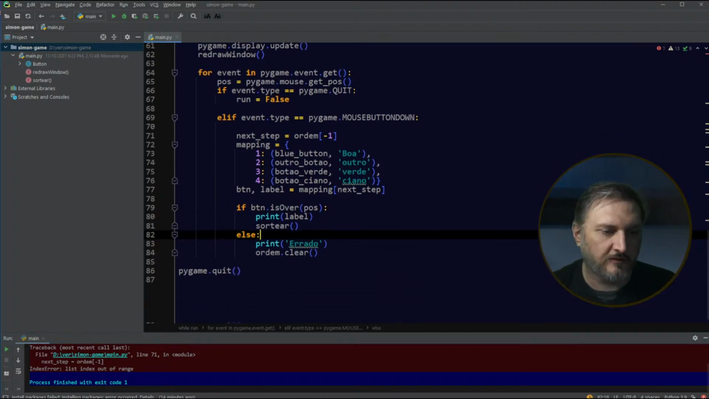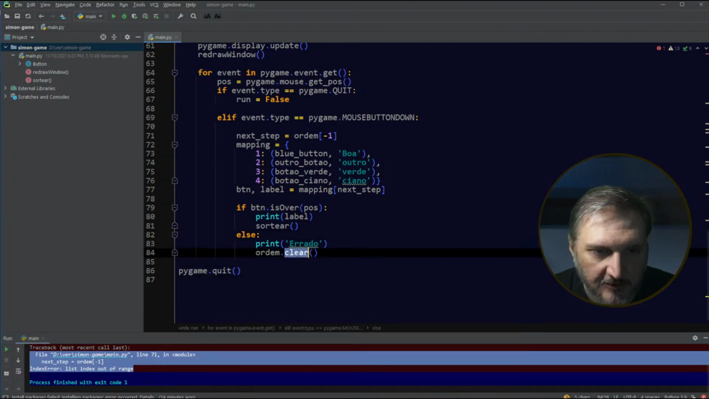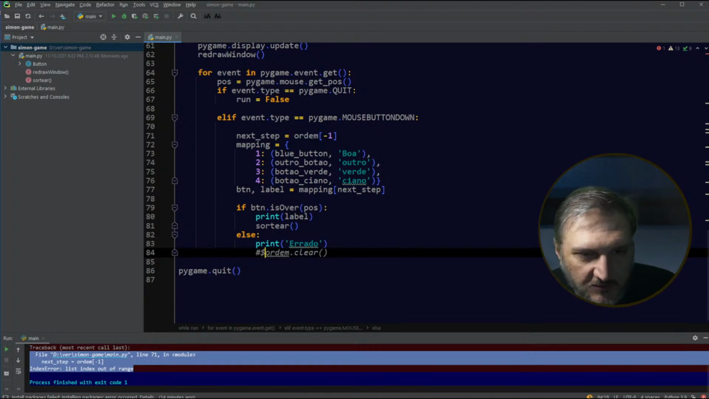Okay, so the reason this is happening, which has nothing to do with anything I've changed, this is in there from the start. It's because you're clearing it. So that's what's causing it to crash. So